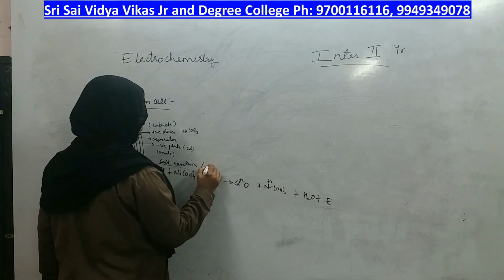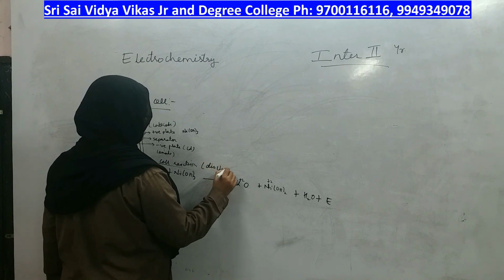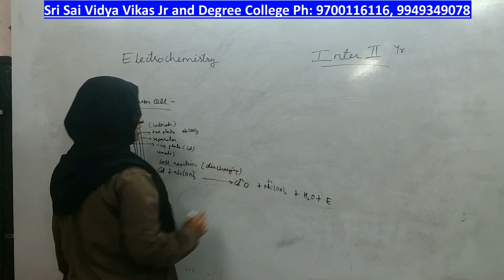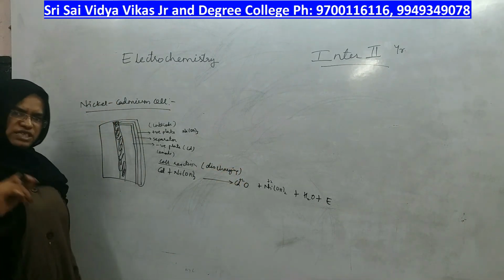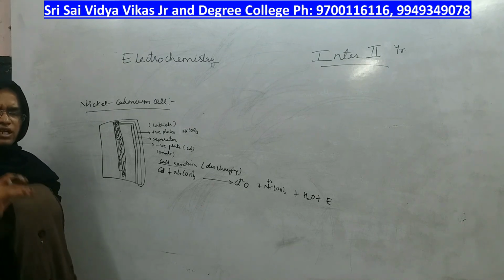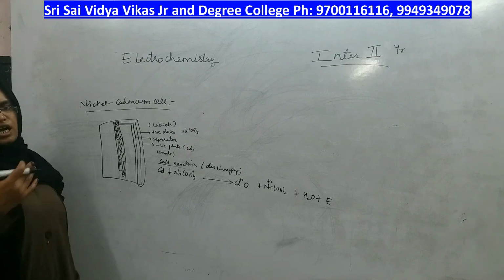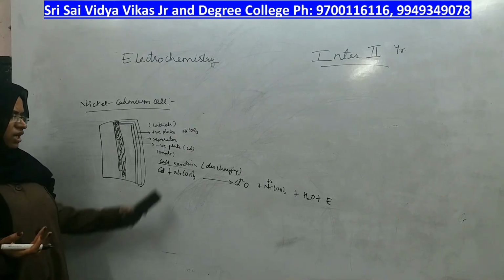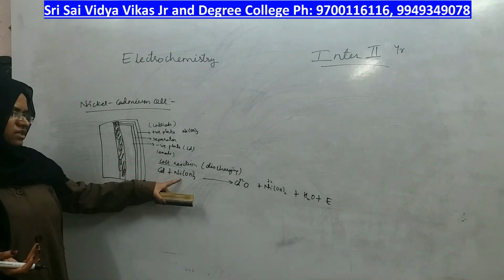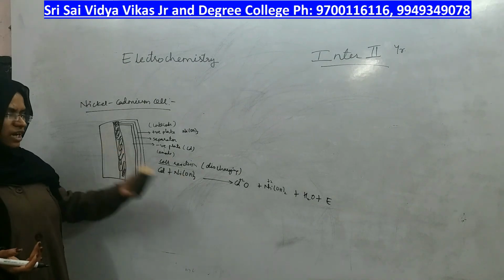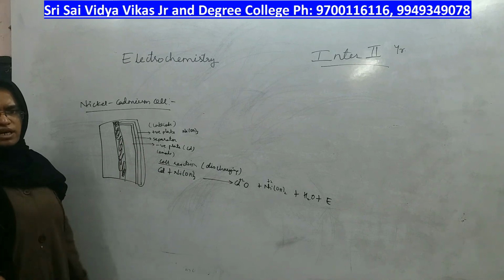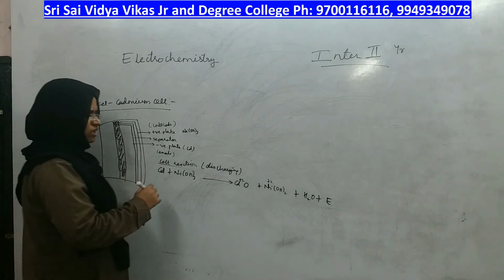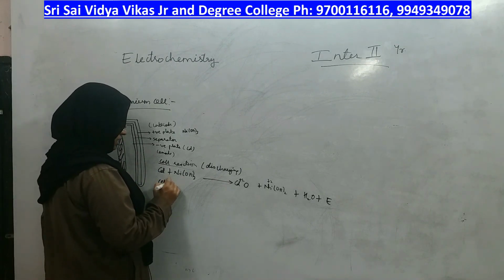At the time of discharging, for every secondary cell you have to write the discharging reactions first, because you will use the battery. How it is used has to be mentioned first. After that you write the regeneration of the energy. How you use the battery is the very important reaction, and after writing that reaction, charging the battery is exactly the opposite. So, now I will write the cell reactions